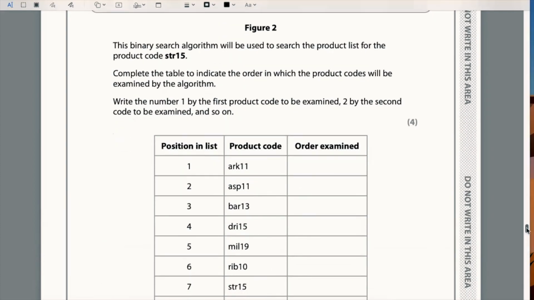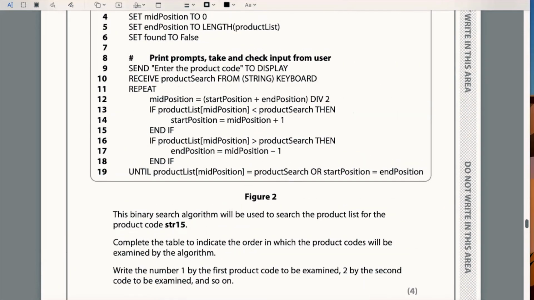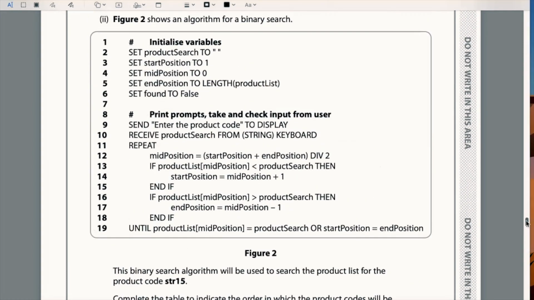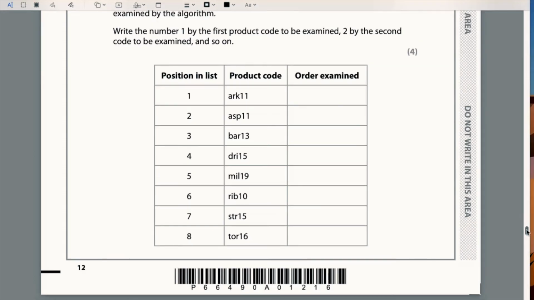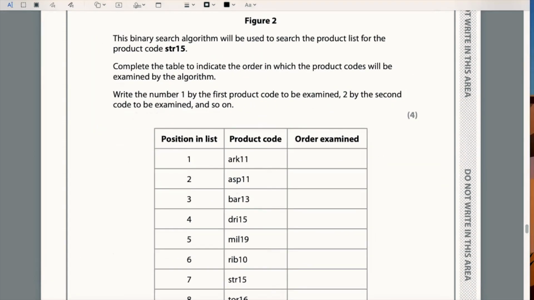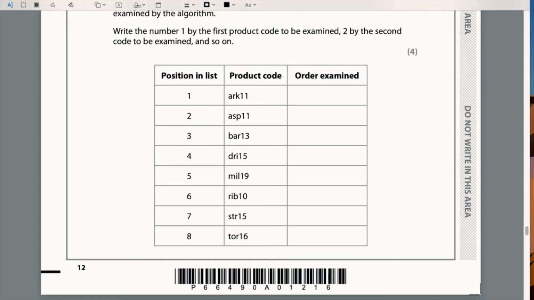So we'll look at this. We're trying to find STR15 in this list of product codes. So go and look at the algorithm. So we put that in: start position, repeat, mid position equals start position plus end position divided by 2. So we've got our start position, which is set to 1, our end position there. So 1, 2, 3, 4, 5, 6, 7, 8, and then we divide that by 2. So we're going to start at position 4 in the list,